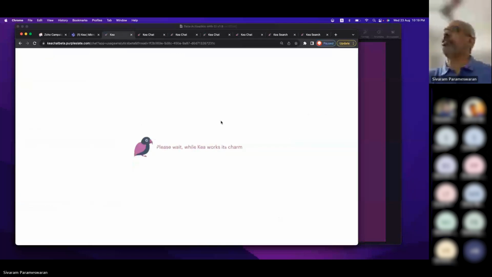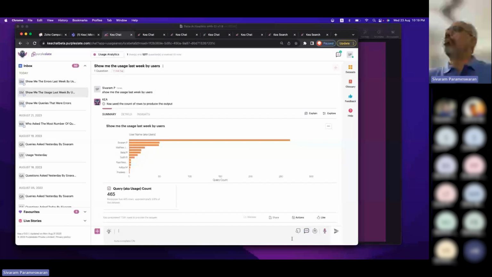It's taking a lot more time than it normally does. Okay, I have this information now, and I can take a whole bunch of actions. I just showed a lot of examples there, and then share it with people.